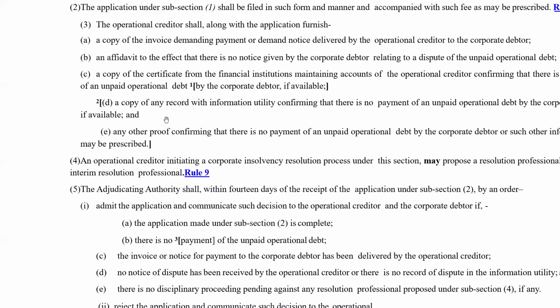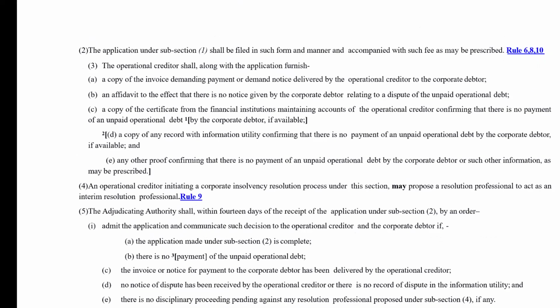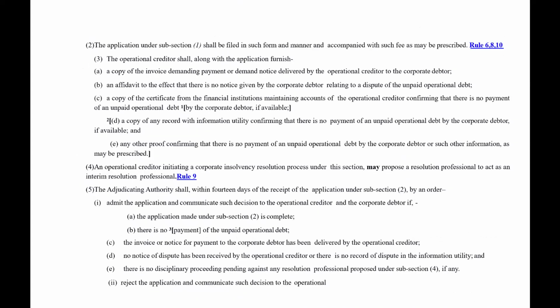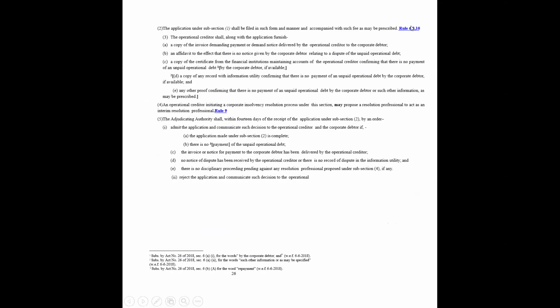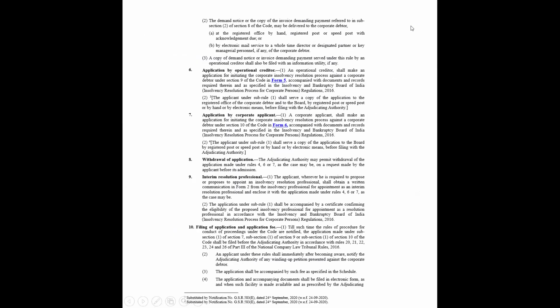Now this application under subsection 1 shall be filed in such form and manner and accompanied with such fees as may be prescribed. So we have to again go to the rules for this purpose. So let us see rule number 6, 8 and 10. What rule 6 says? That application has to be in Form number 5. Right? Rule 8 is regarding withdrawal of the application. So application once filed by the OC can be withdrawn also on a request made by the applicant before its admission. And then